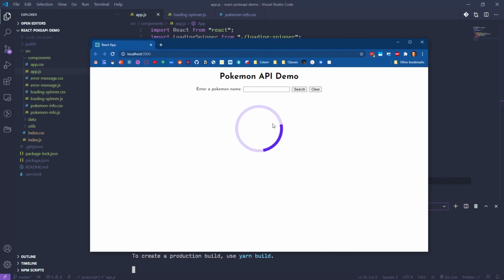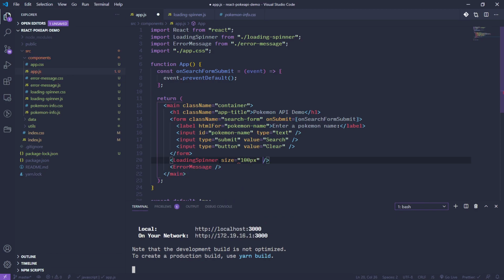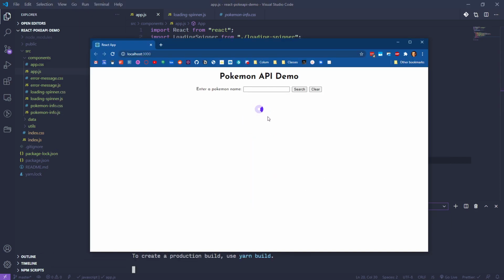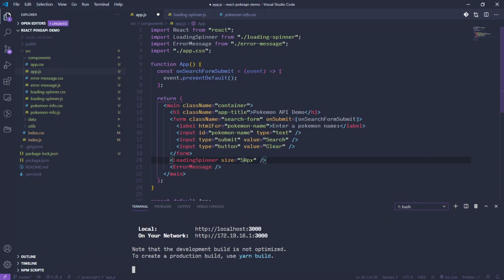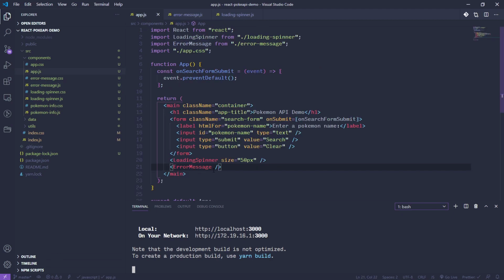So we've got our loading spinner that we can control the size of. Like we could say the size is 100 pixels, 10 pixels. And then we've got an error message component here that uses the children prop. The way that this works is anything that we put as a child of our error message component, when we use it here,